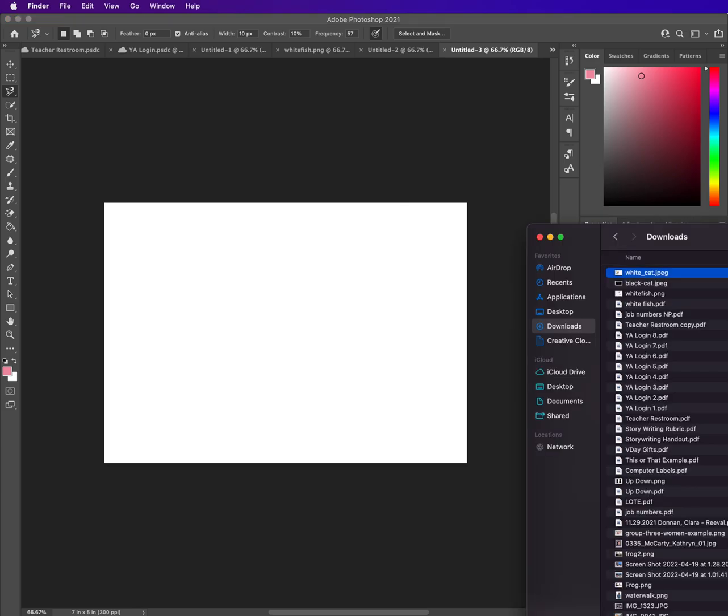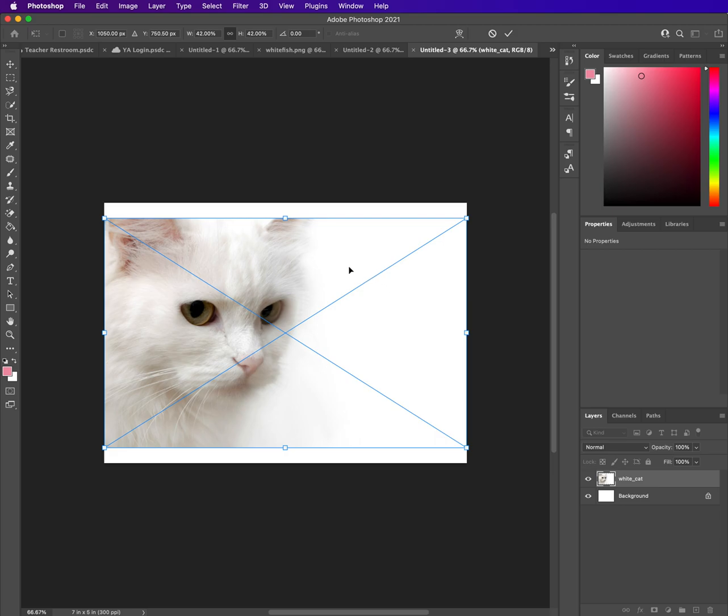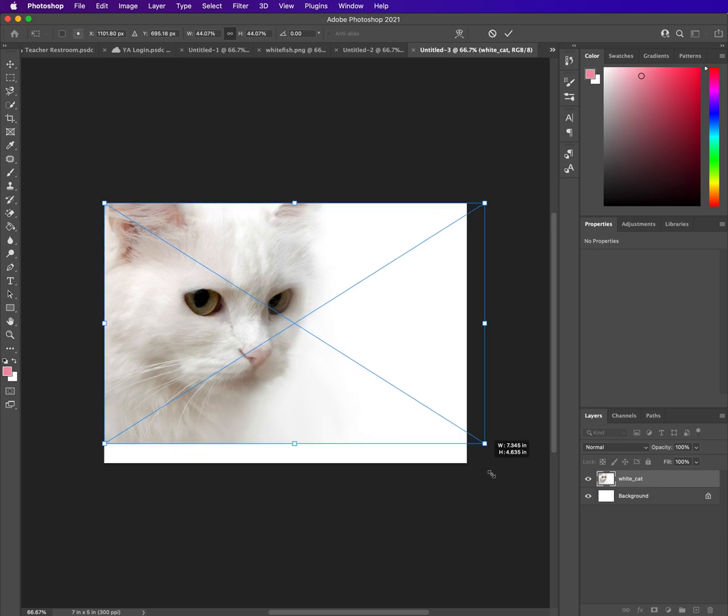Now, I asked you to download 2 different images from Google Classroom. One is a white cat, one is a black cat. So go ahead and select the white cat image. You can open your Finder, which is your little blue and white guy, and it will have your recent downloads in there, and then just drag it across onto the page and let go. Okay, so once your cat is on here,